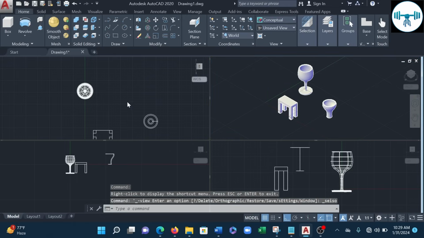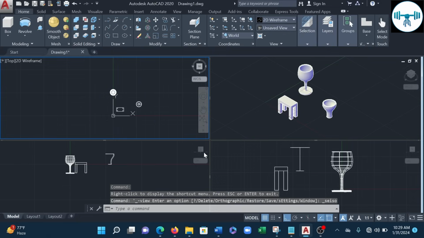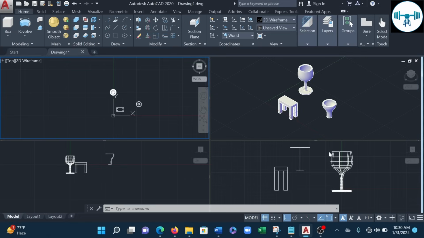Okay, so we are done with our extrude, loft, and revolve, and then finally we want to look at the sweep